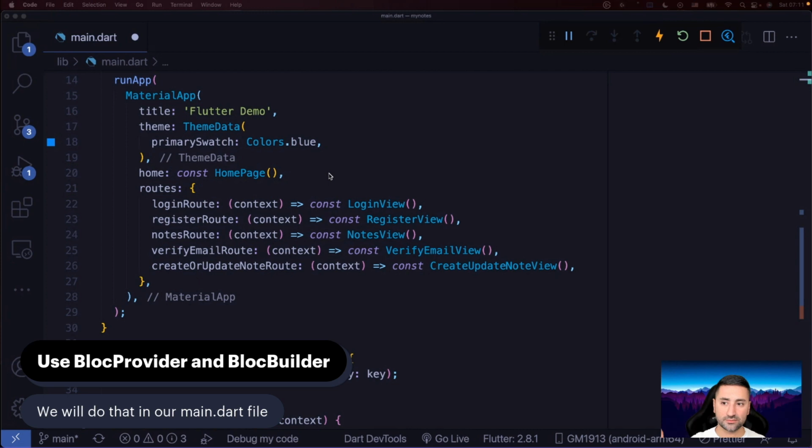But the auth block is going to be responsible for actually initializing the authentication process, and also with Firebase, and also allowing us to log in and log out, etc. We need the auth block. So how do we get auth block in our main application? Since the entire application is dependent on the auth block, even when you're in the main UI of the application, you should still be able to, for instance, log out. Then we could literally say that everything inside our application in the main function is going to be dependent on that auth block. So what we're going to do is in our home page,